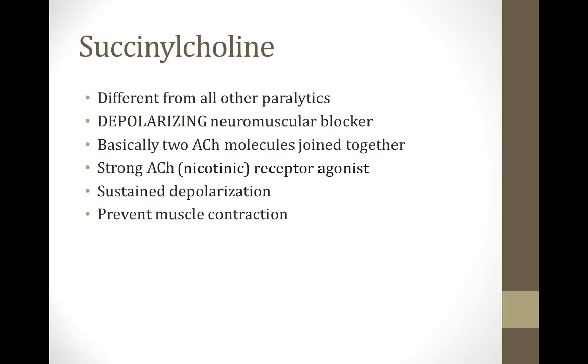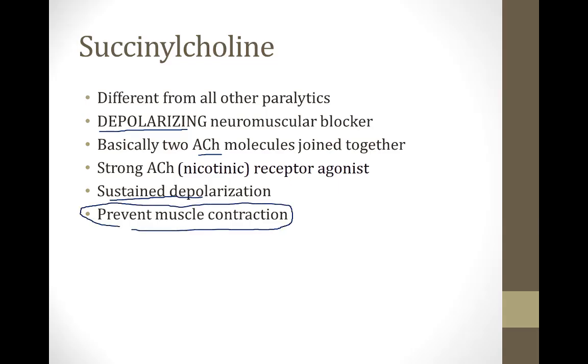So succinylcholine is in a class by itself. It's different from all the other paralytics, and that's because it is a depolarizing neuromuscular blocker. All the other paralytic agents block depolarization of muscle cells. Succinylcholine actually causes depolarization of muscle tissue. It's basically two acetylcholine molecules stuck together, and it's a very strong nicotinic receptor agonist. So it will cause sustained depolarization of the muscle,